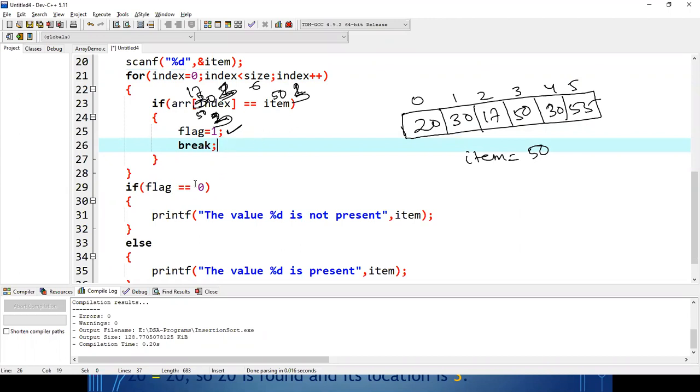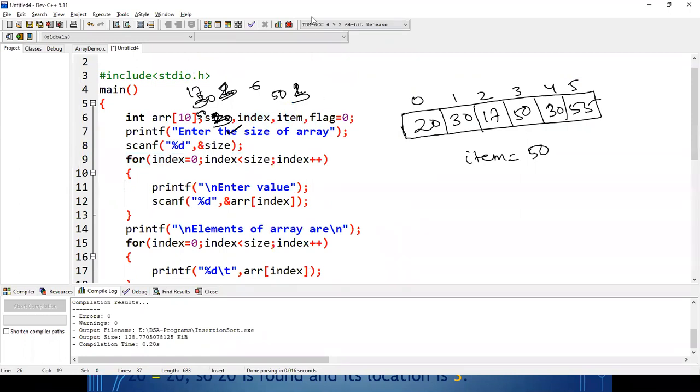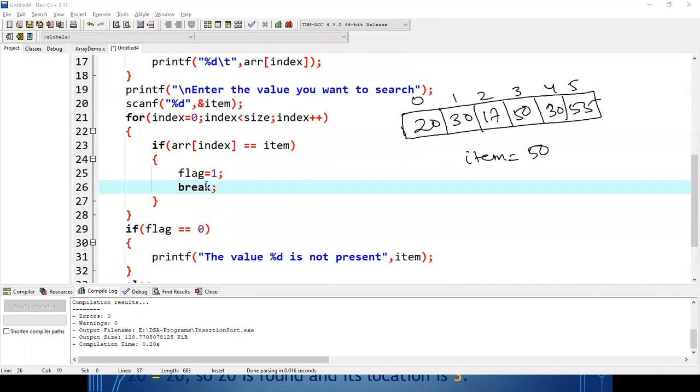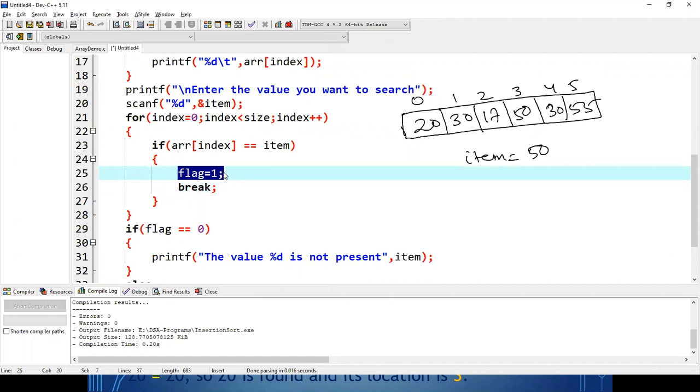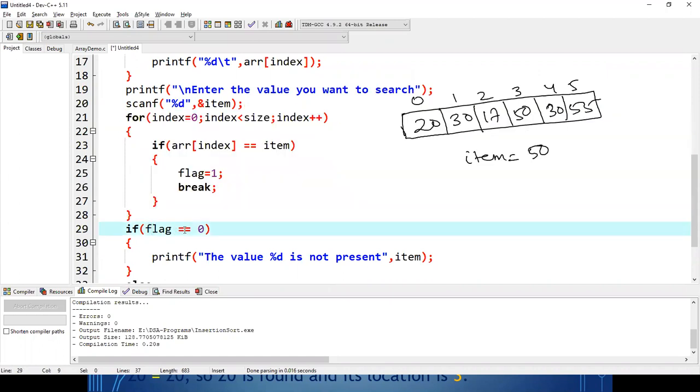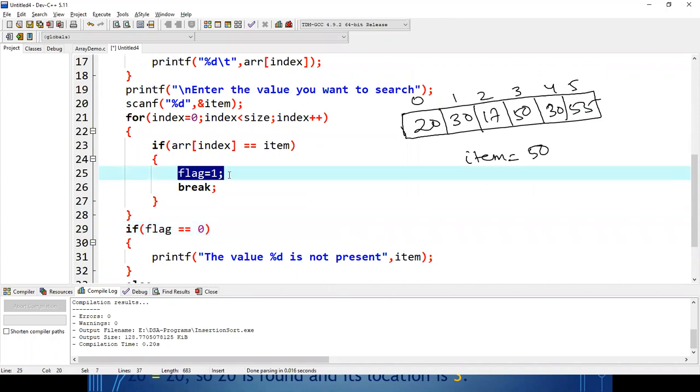Okay. So remember, we have initialized the content of flag as 0, because initially I assumed that I have not got the element. After or during searching, if I'm getting the value, I'm just modifying the content of the flag to 1. But after the loop is over and searching is over, if the flag is still 0, that means I have never entered the if block. I have never made it 1.